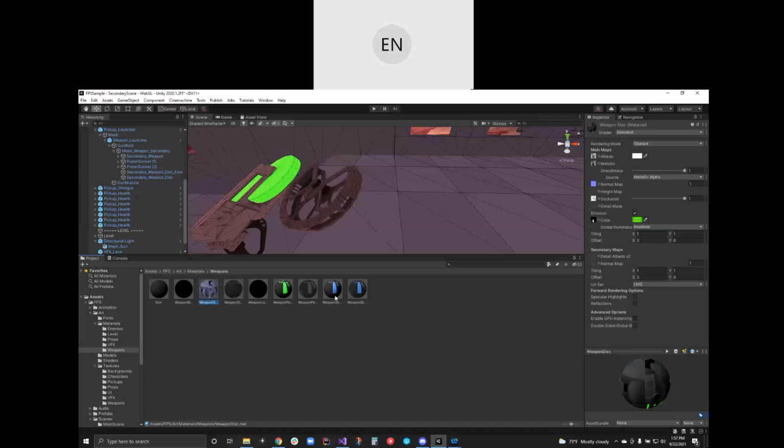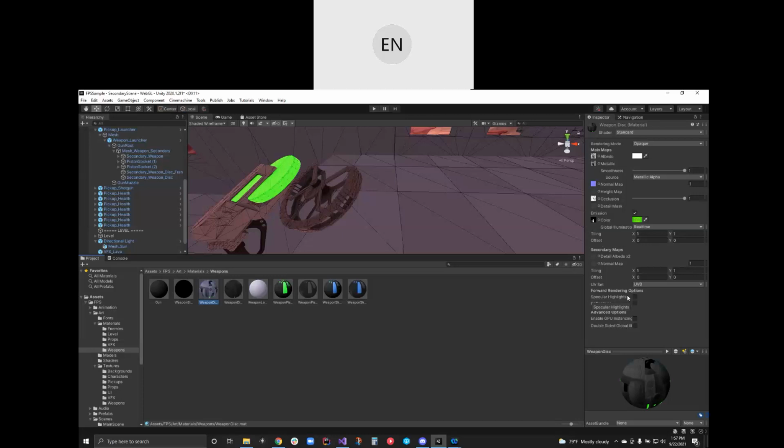Each of these is a copy of the standard shader. If I click around here, notice they're all the standard shader. It's just the values of the properties that changed. So why write the standard shader code over and over and over again? That's stupid. A material is like an instance of that shader, and then you can change all the properties you want on it.